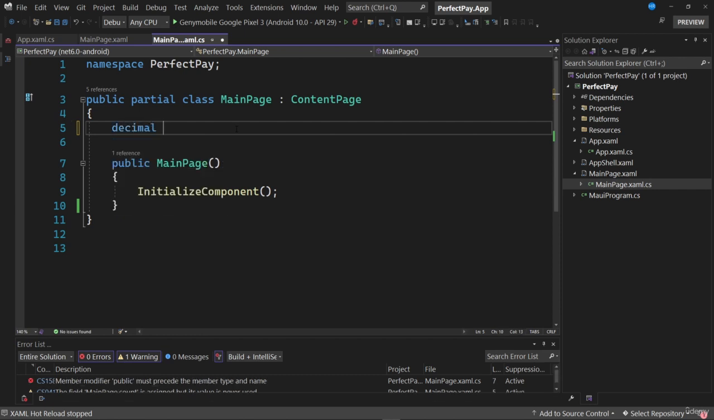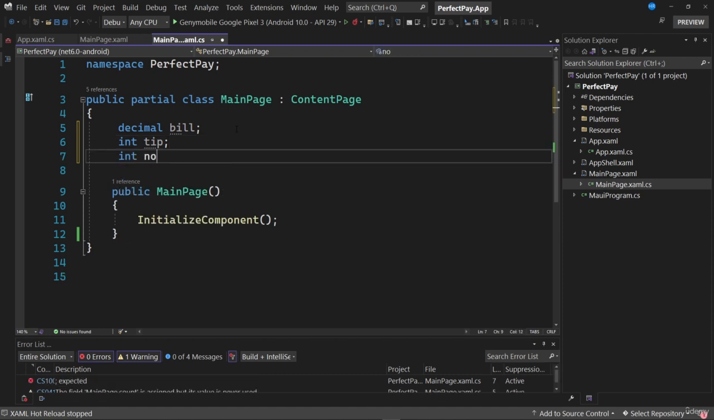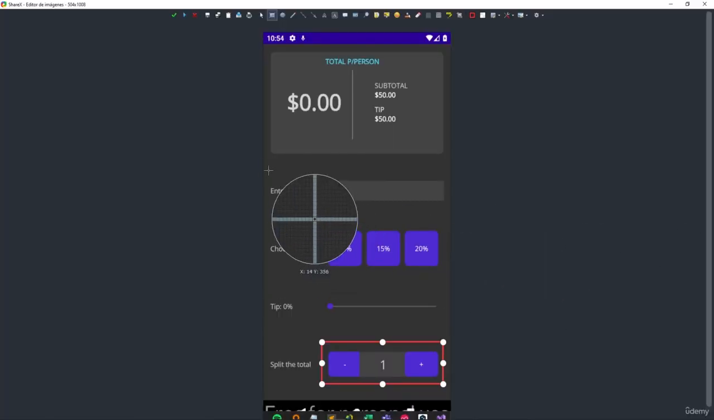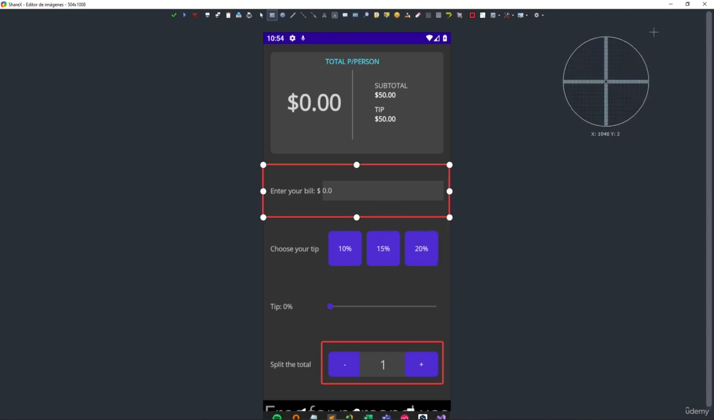For this, we need, first of all, the total of the bill. We also need to know the percentage that we're going to tip and, finally, the number of people, which we're going to initialize to 1, the minimum number of people needed to carry out this calculation. Let's take care, first of all, of the first operation, which is to obtain the total account from